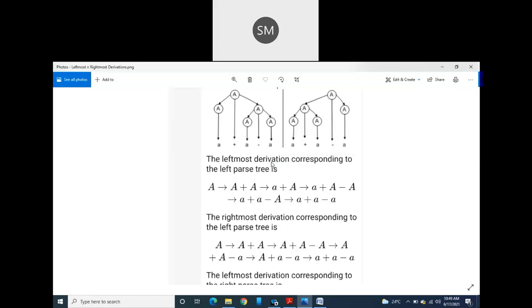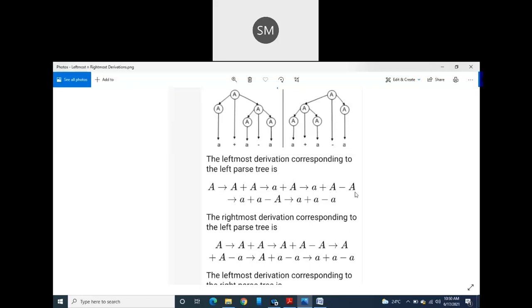You just keep on listening to my explanation. So if you are replacing the leftmost non-terminal with a terminal, then it is called the leftmost derivation procedure. After you get small letter a plus capital letter A, again what you can do here is keep this a as it is, and replace this capital letter A. So this A I am going to write as A minus A. So I have written it as a minus A.